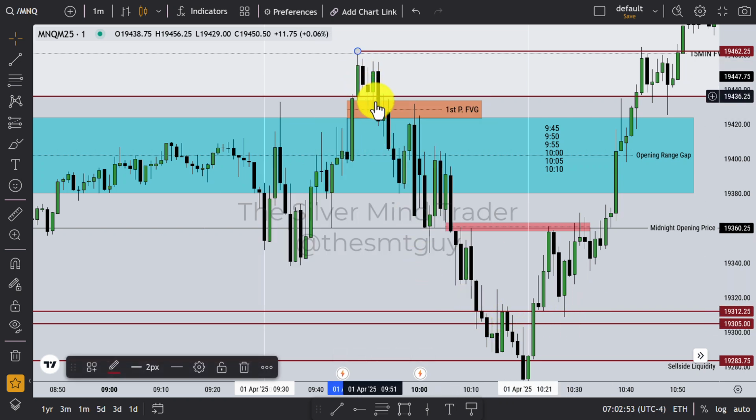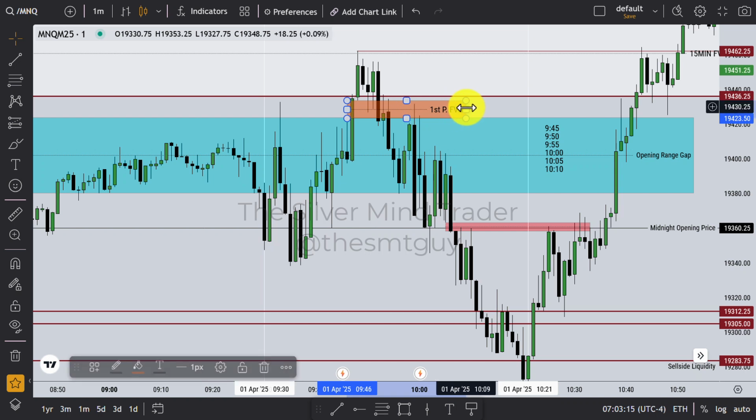Then trades down. It trades at 9:50 to that place. So we are looking for what? Since this buy side liquidity has been purged, we are looking for this gap here now to be used as an inversion fair value gap,